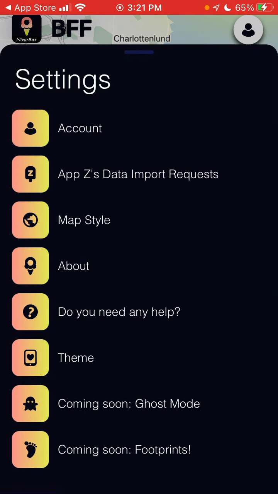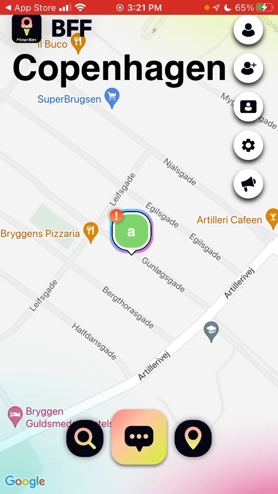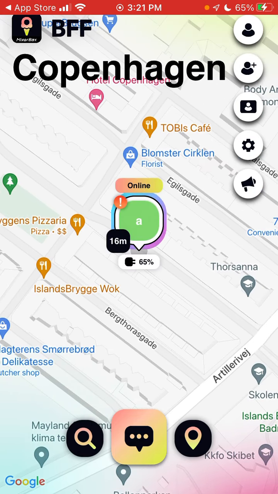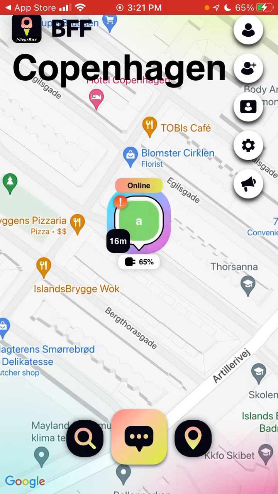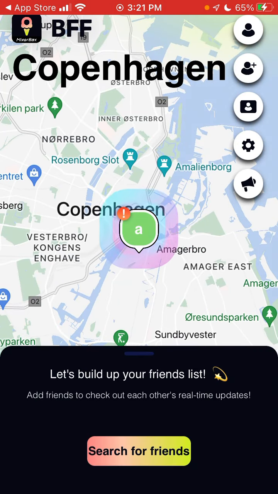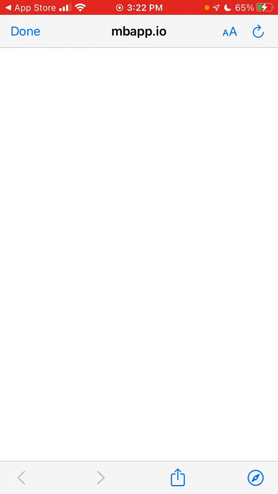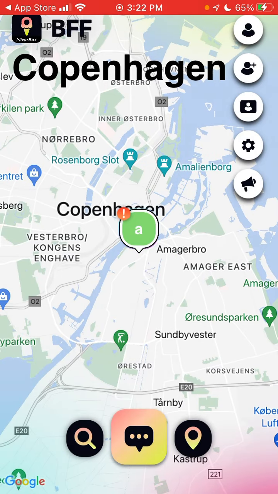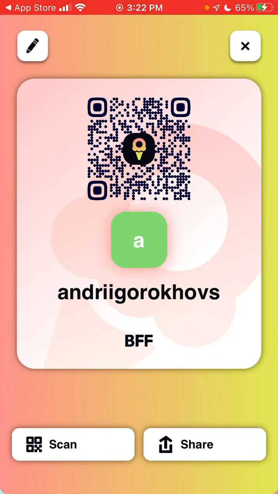Then there are all these settings, but basically you can just tap on your account, you can see your percentage, whether you are online, you can message, you can see your chats, then search for friends here. Then you can just go to the website and share it. Then here you see your list,